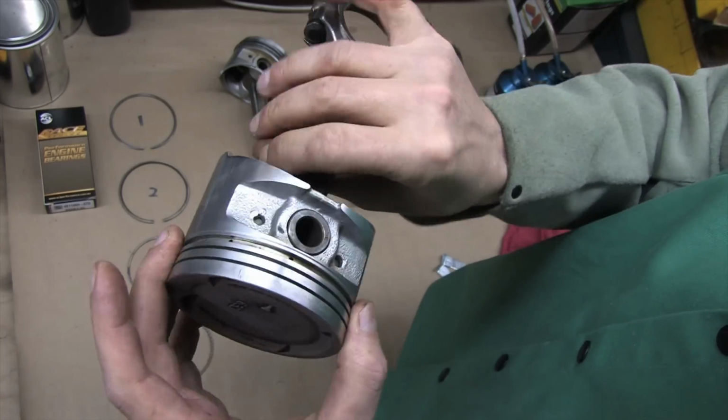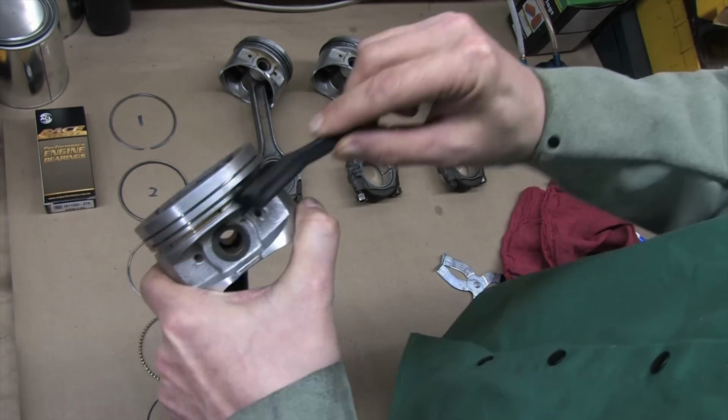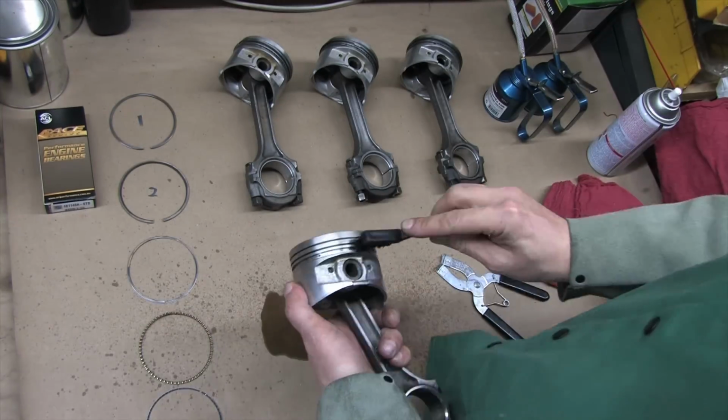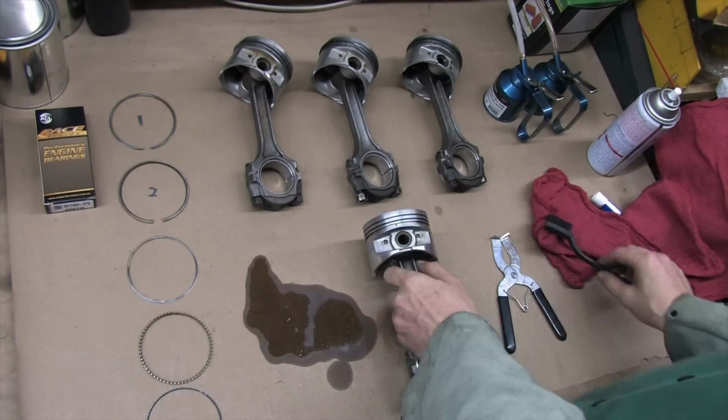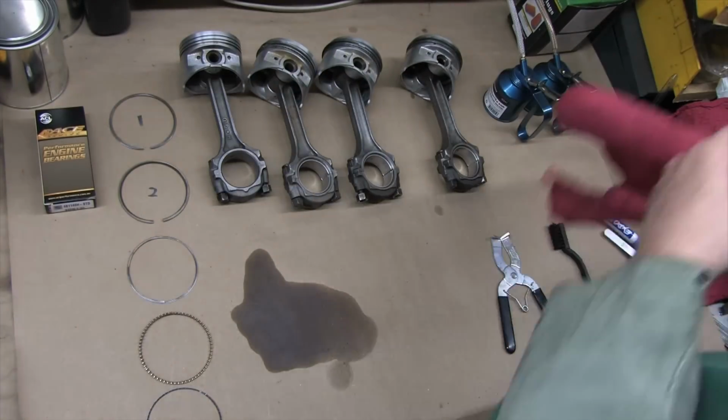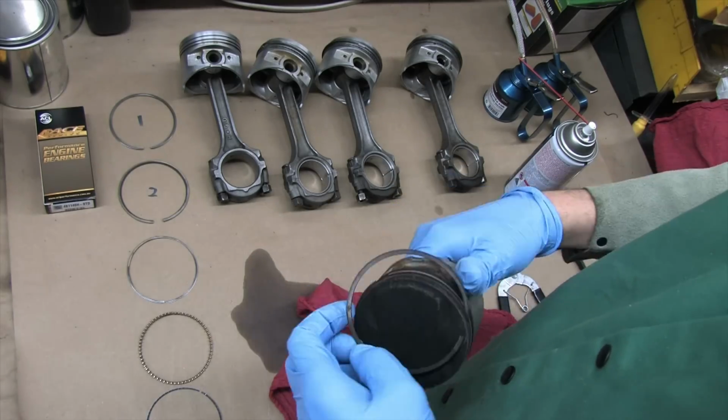An acetone-based cleaner and a nylon brush should dislodge any carbon that's left on the pistons without scratching them up. You can see how clean it was to start with just from that quick mineral spirits and air bath. I should really be wearing gloves for this. But if there's funk that you can't remove like that, another old school tried and true means of cleaning out